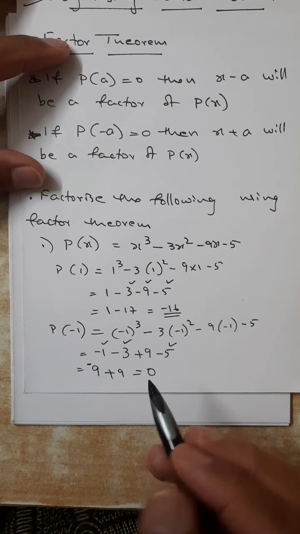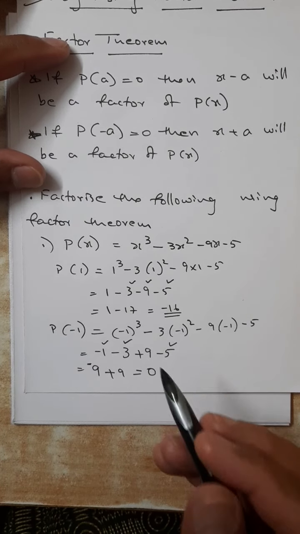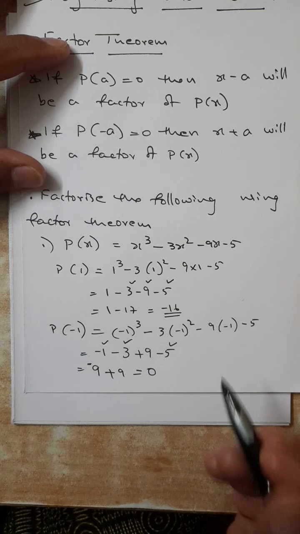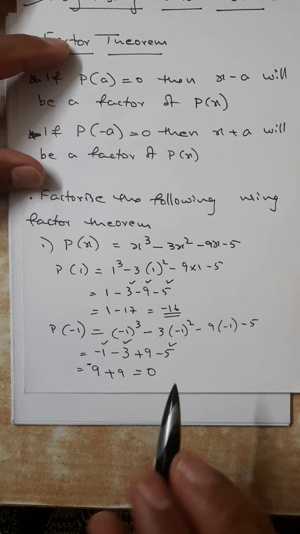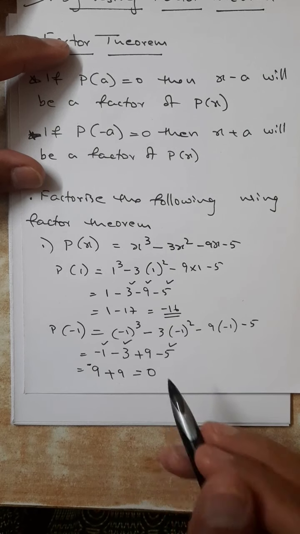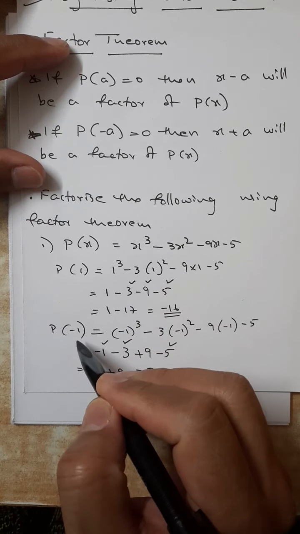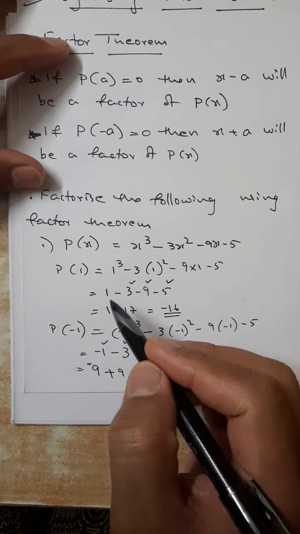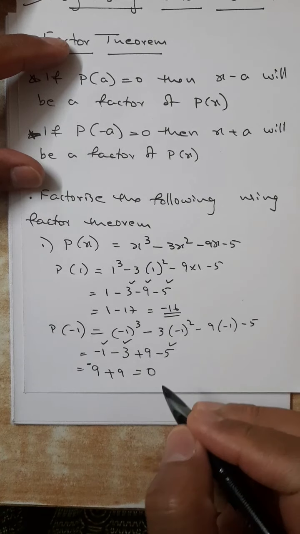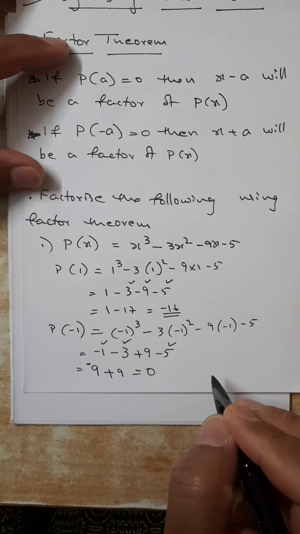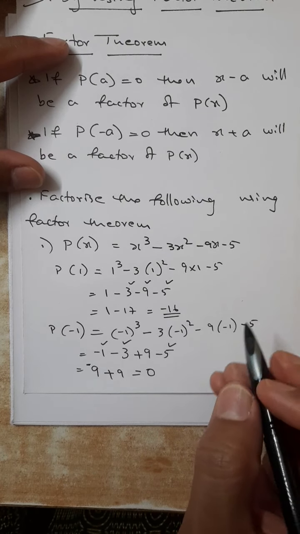No issue. The method is the trial method. Trial means we are trying with 1, minus 1, 2, minus 2, 3, minus 3, like that. By the time we do 1, minus 1, 2, minus 2, one factor will be there. At the same time, there is no hard and fast rule that we have to try with 1 and then only with minus 1. If you get a hint that p of 1 may not be okay and p of minus 1 has more chances, you can do p of minus 1 directly, no issue. Are you understanding? So, always we can use our common sense.